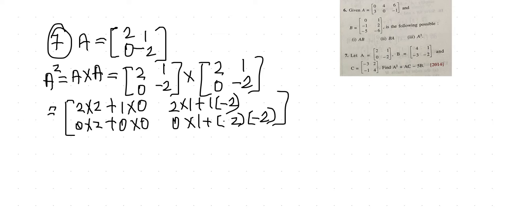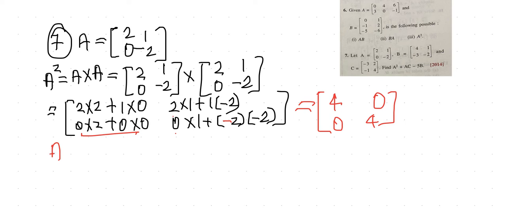Okay, so how much is this going to be equal to? Write down, see, 2 into 2 is how much, children? 2 into 2, clearly it is equal to 4. So what you will be writing down? This you are getting as 4. Then 2 into 1 is 2, minus 2 is 0. Here everything is coming to 0, and this is 0 into 1, and minus 2 into minus 2 is 4. So this is the matrix. So clearly you can see that this is a square matrix, and this is also called a diagonal matrix, children. Okay, so this is what you are getting as A square, and now we'll be moving to AC.